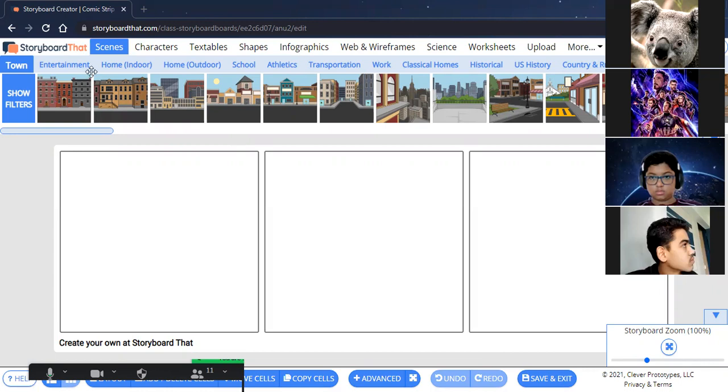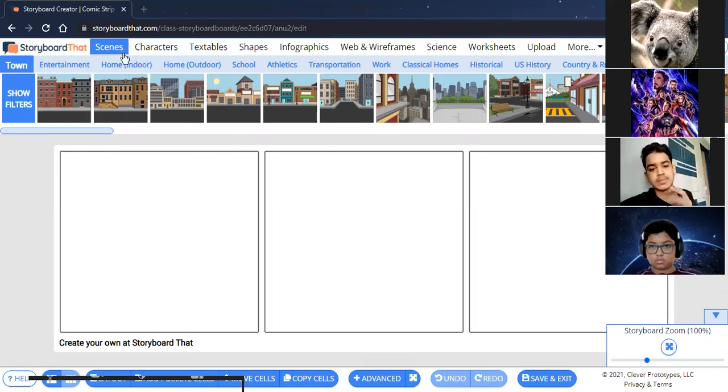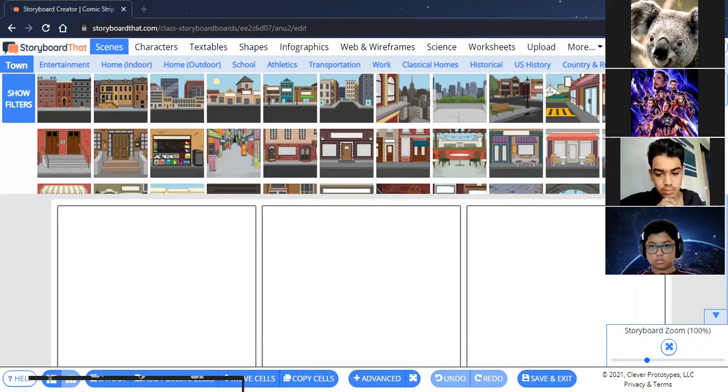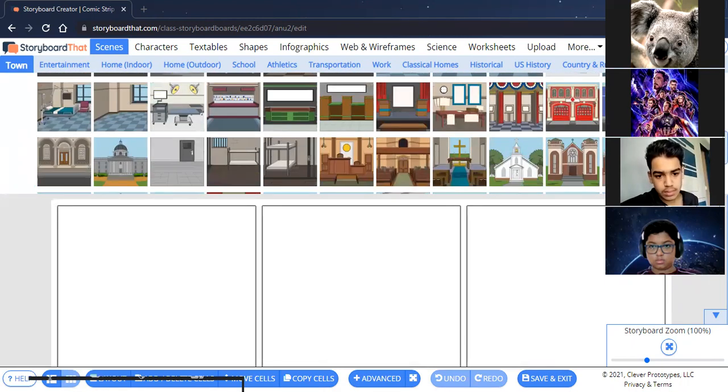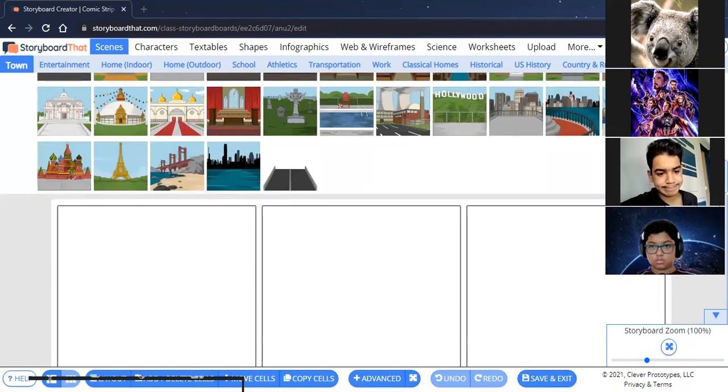So you see, you are able to see this, and here we have scenes, and in scenes, if I want to see more scenes, I'll just drop it down. See how many scenes I am having. So many scenes are available from which I can select any.